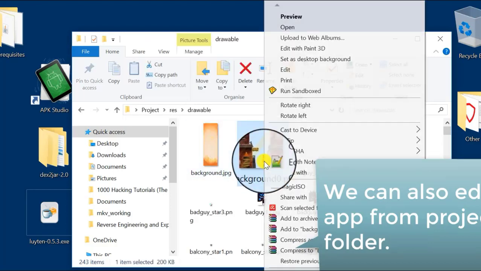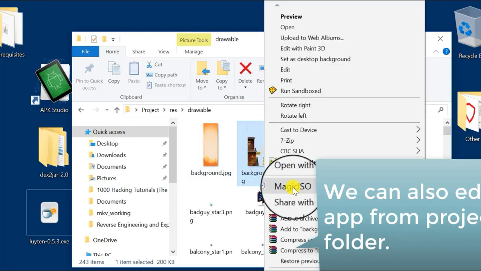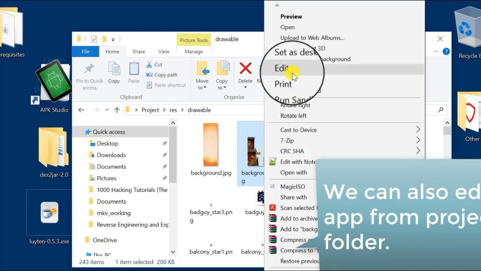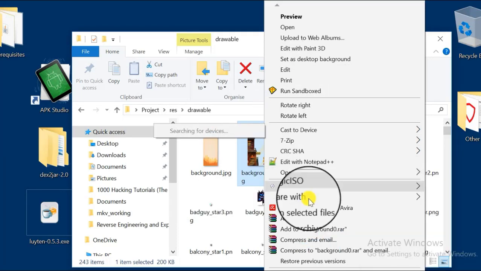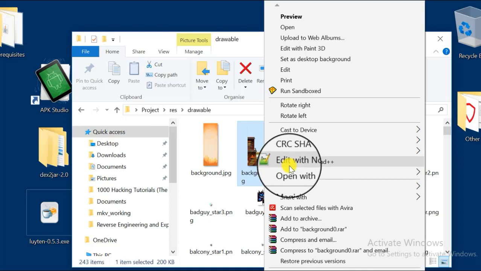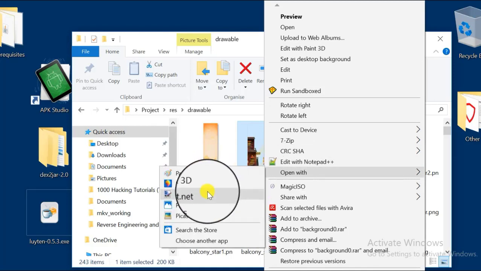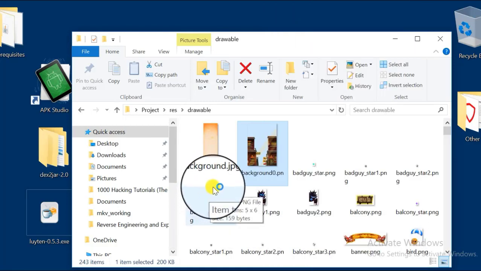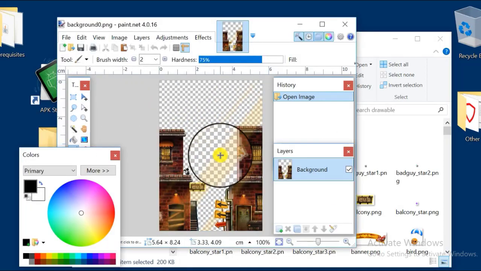Now let's edit an image in a game. I am using paint.net to edit these files. You may use simple Paint to edit those files.